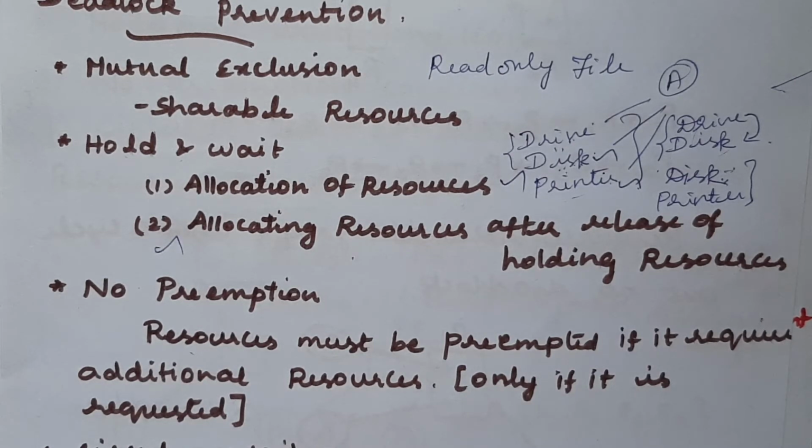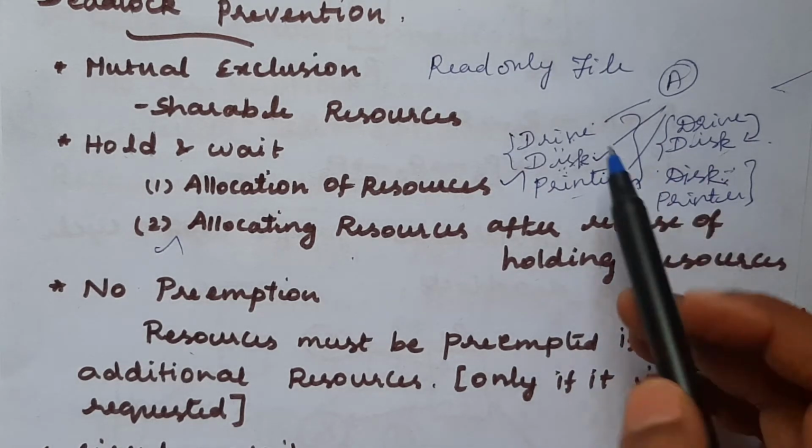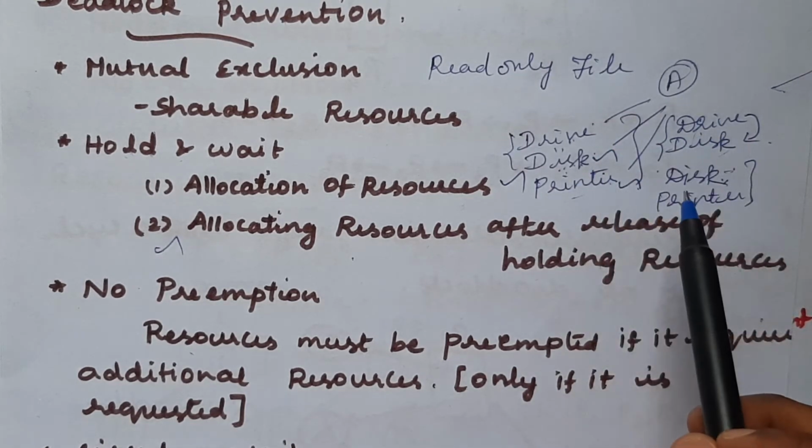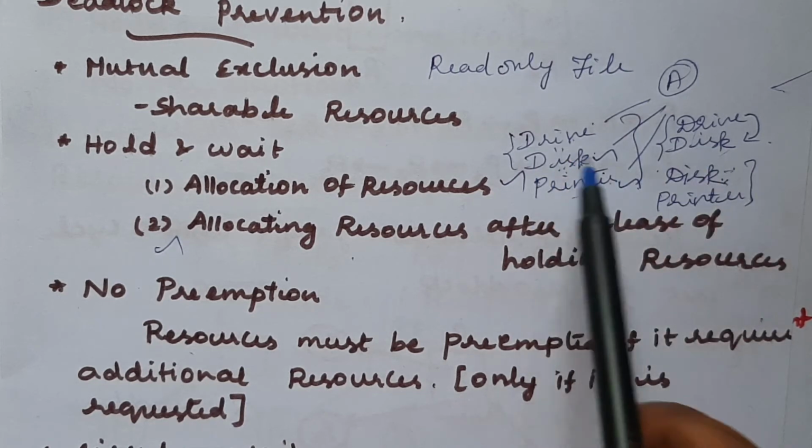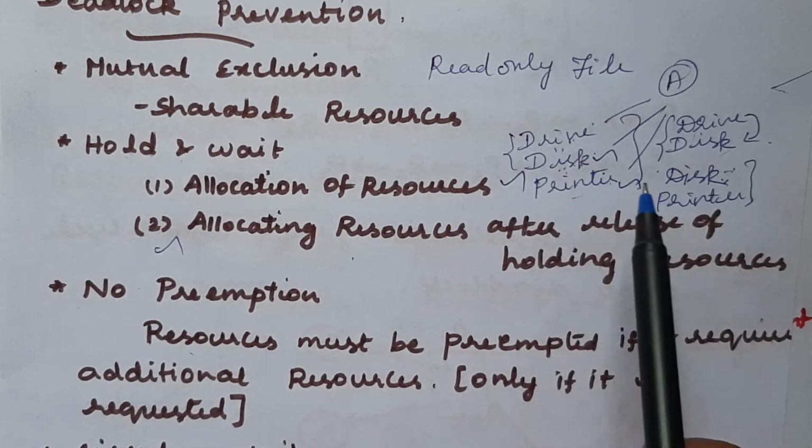So if the resource utilization is somewhat low, and whatever resources were allocated are actually unused for a long period, this may degrade the system performance also, because all these resources are popularly used by many processes. So even at that time, some of the processes may need the same resources. It is actually waiting for a long time.